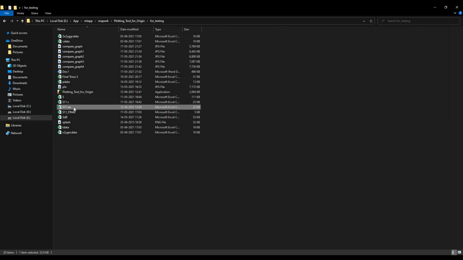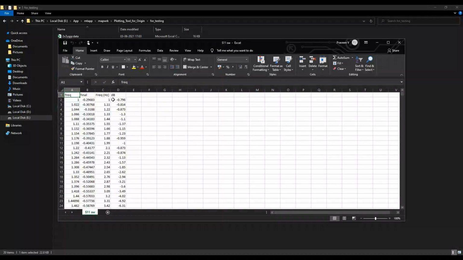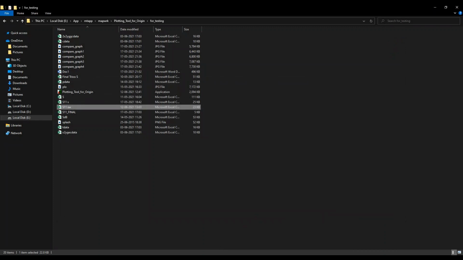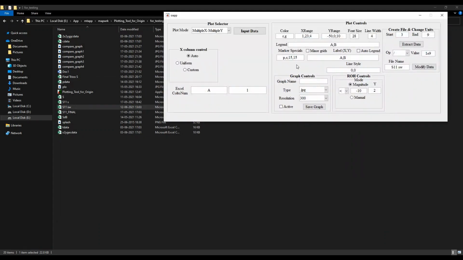and I also want to take advantage of the column names displayed here. Now I will modify them to be proper names. S11, S11M. This M in the suffix indicates that it is the measured data. And close this file to reflect the changes that we made in the CSV file. And I will check the auto legend option, and the labeling that you would like to give to the plots on the x-axis and y-axis is what I am entering over here. Frequency in gigahertz, S parameters in dB.